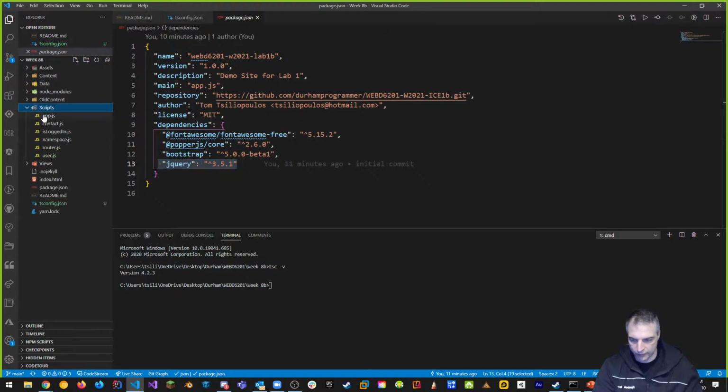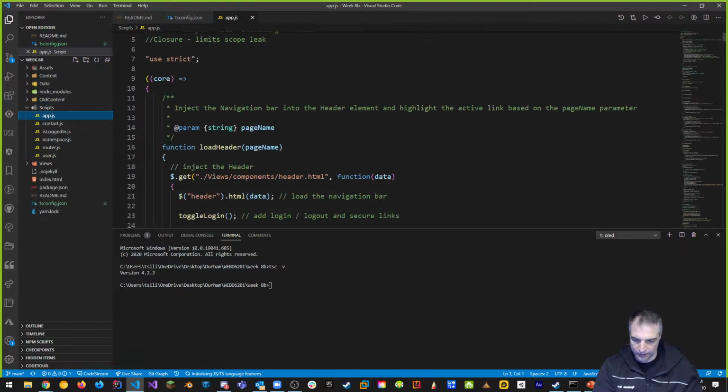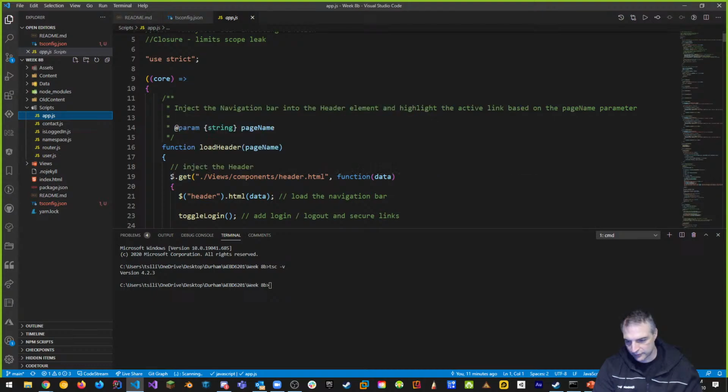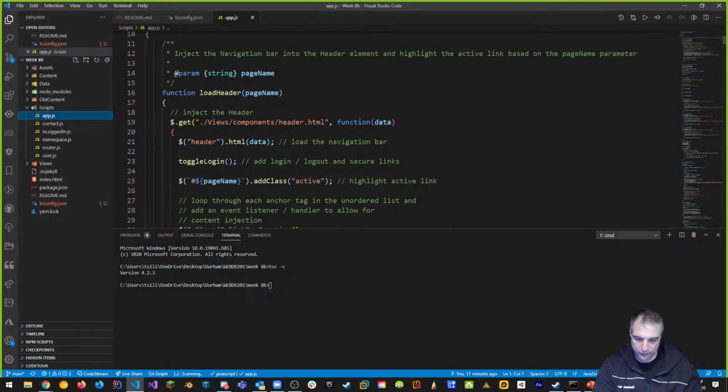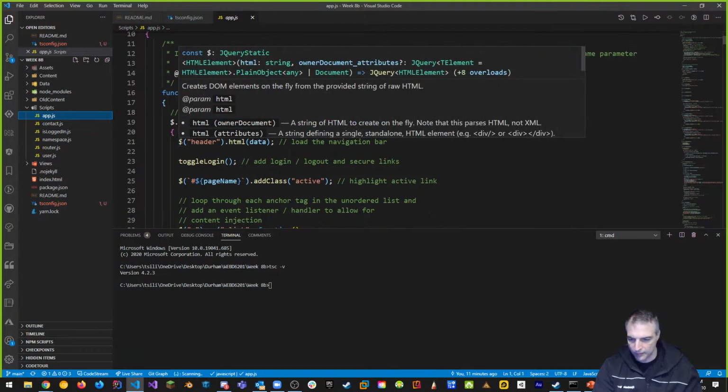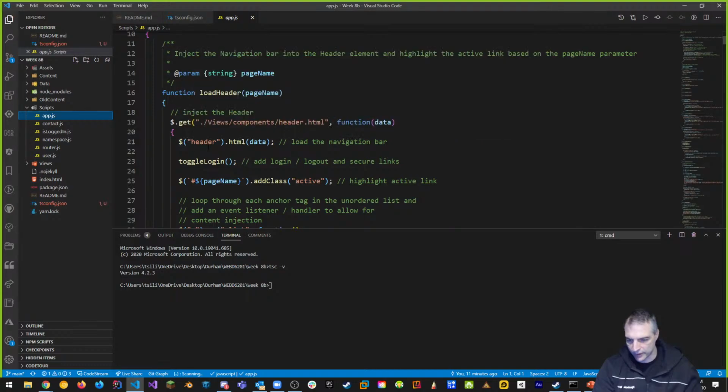Remember what we have right now. If I go to scripts and if I go to app, and if I hover over the $, take a look at that. I get jQuery static, okay? If I hover over the get, I get some stuff. But under $, I get just like one thing. Same thing when I come over here, I get some code hinting. This is built in now to VS Code, and I start getting some stuff with this, but there could be additional things I can get if I use TypeScript. Let's see how this works.